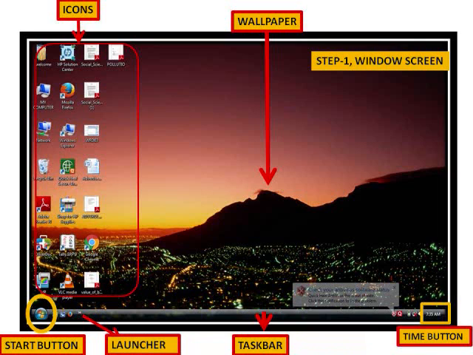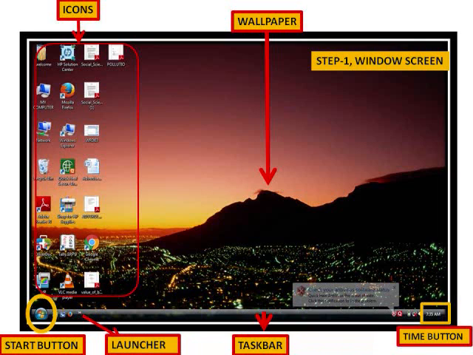The Windows desktop contains a range of desktop icons, and at the bottom of the left side there is a start button. The start button is displayed at the left end of the taskbar in Windows, and you can click the start button for displaying any program you want. And from the launcher you will find some programs also, if you want to click on them.